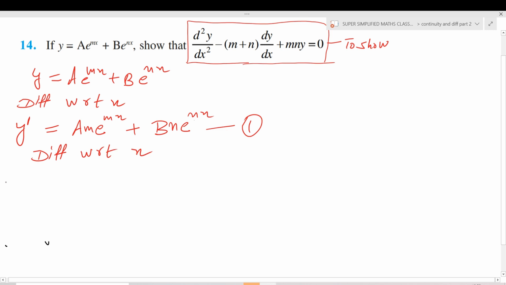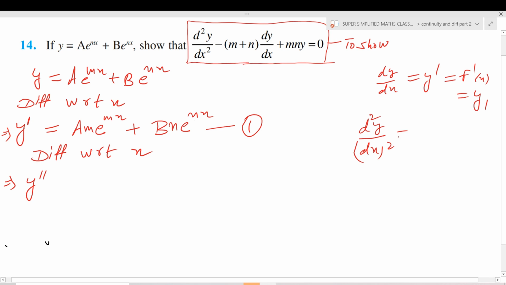So what do I get? Derivative of y, y dash, means dy by dx. If you take its second derivative, it will be denoted by y double dash. Here I can tell you that dy by dx is the same as y dash, which is the same as f dash x, and it is the same as y1. These are different notations of depicting the derivative. And then if you are taking d2y by dx2, that is the second order derivative, this is the same as y double dash, which is the same as f double dash x, which can also be written as d2. So you can now remember the notations.